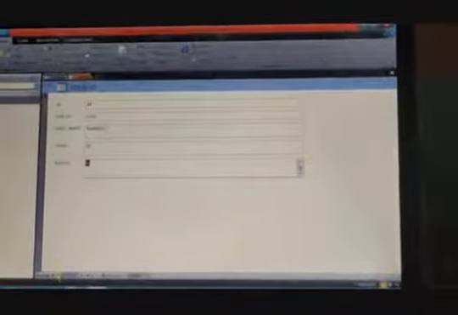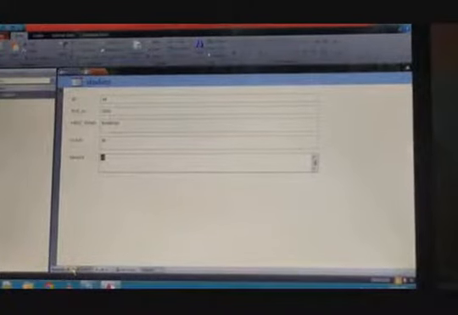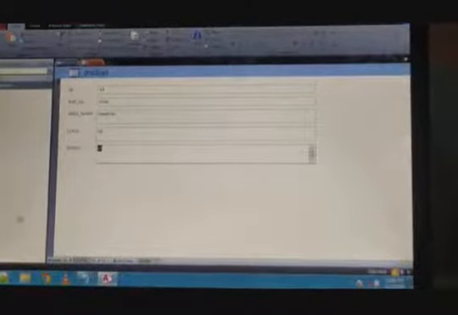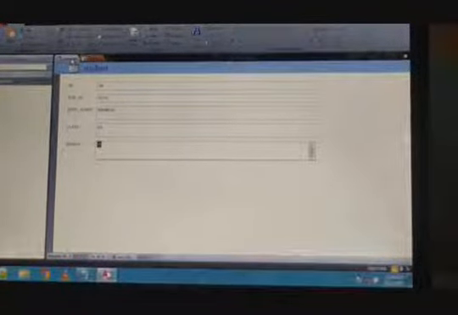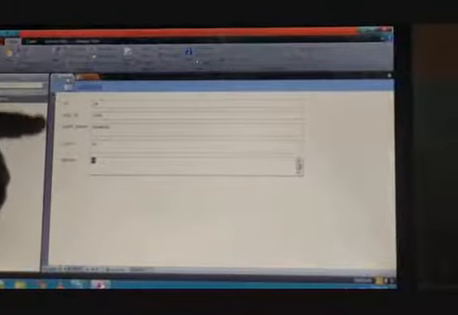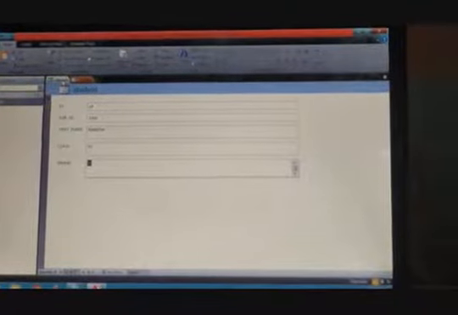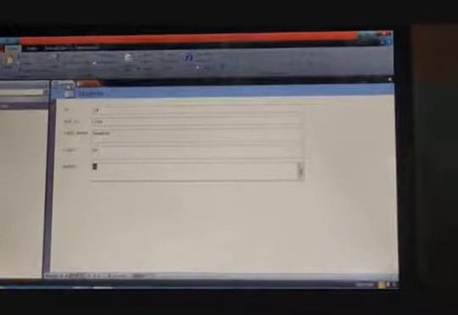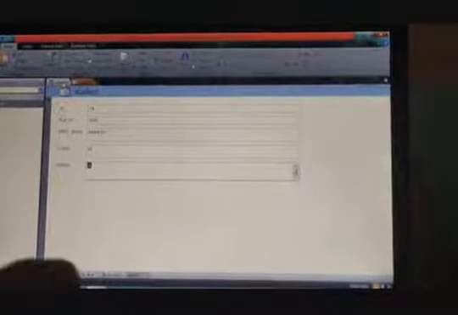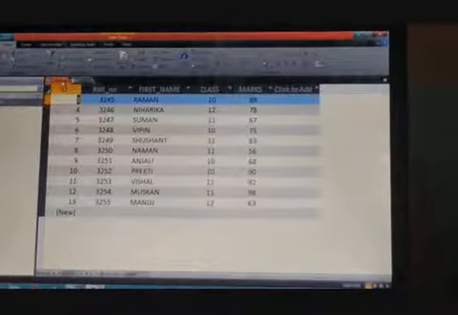Okay, now I want to see this result in my table. So firstly I have to click on the student table. This is the student table and this is the form of the student table. This is the same name, so don't get confused, because you have not given any new name for the form, so it will by default take your table name.